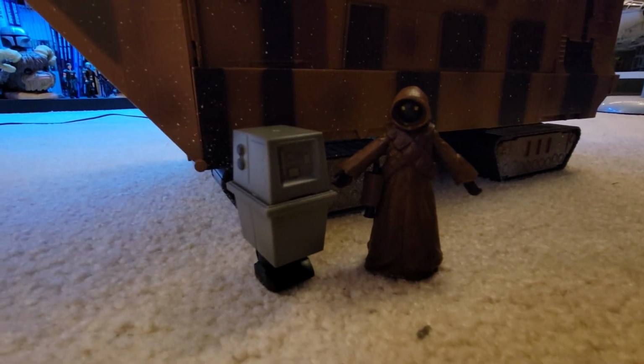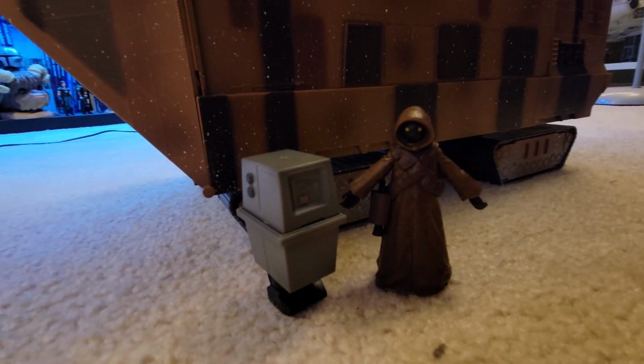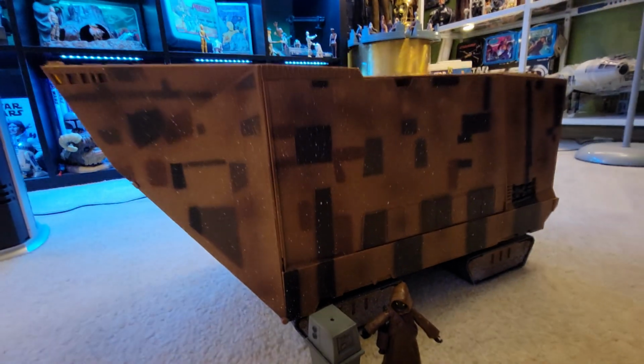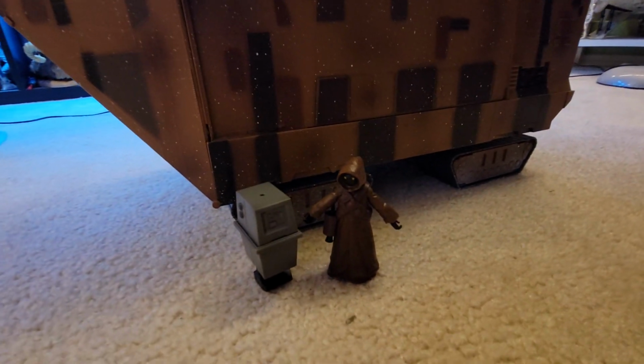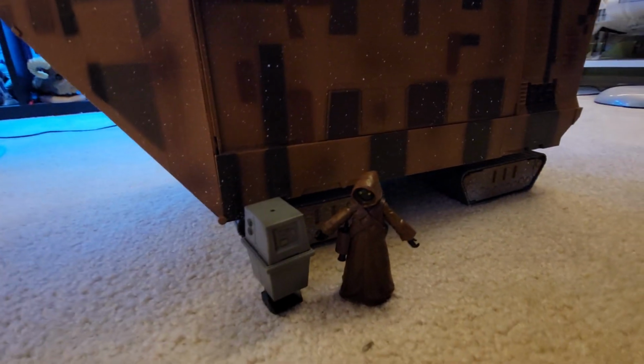You guys can see here it's got the Gonk droid or power droid and the Jawa, and 2 pretty nice looking 3 3/4 inch figures. Of course, they are completely out of scale with the sand crawler. A real genuine 3 3/4 inch scale Jawa would be much larger than this. You guys can see that by the tread size there, the size of the treads in relationship to the characters,